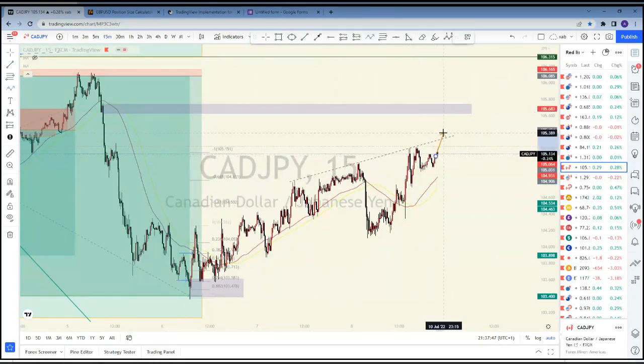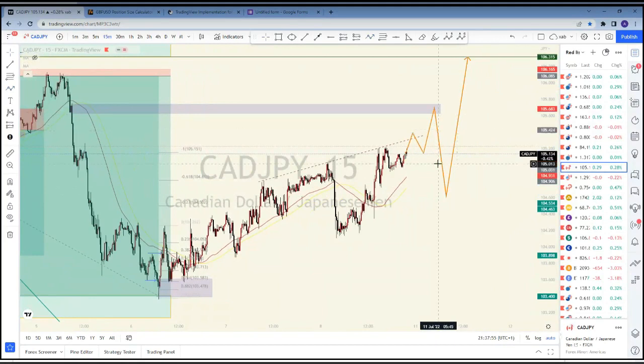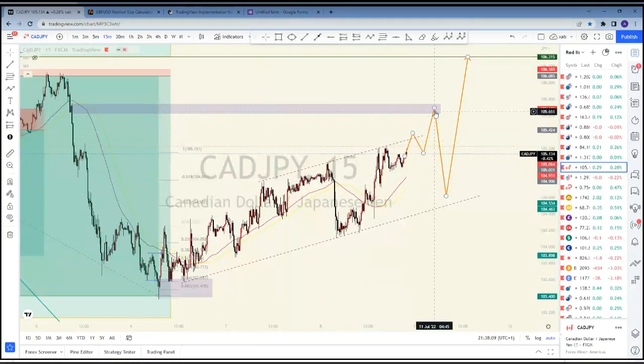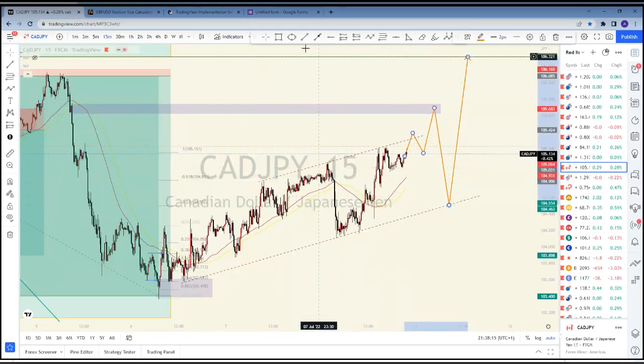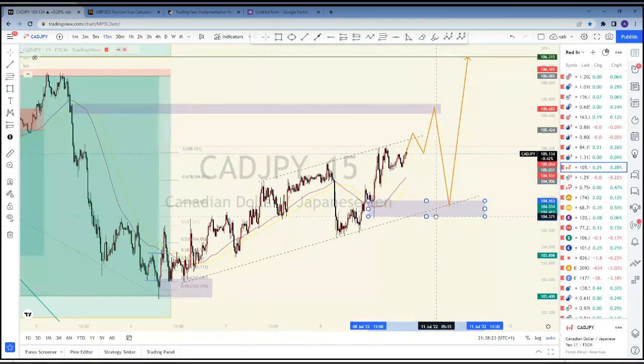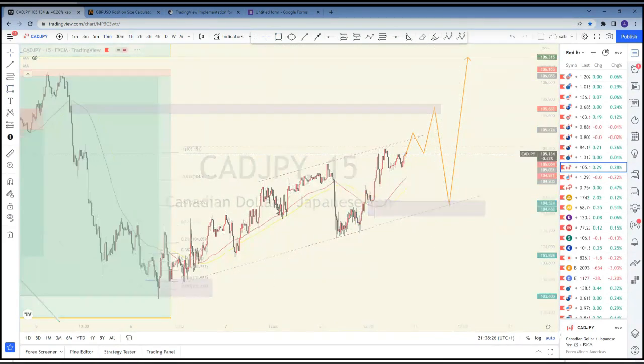There's a possibility that we see this spring up. We come back here. Remember AMD, accumulation, manipulation, distribution. So this has been an area of accumulation, which means that we might be getting a manipulation that tends to tap into here, and then we get a distribution to a much lower point. Maybe here, maybe here. I can't say for sure yet, but we want to see what this becomes.